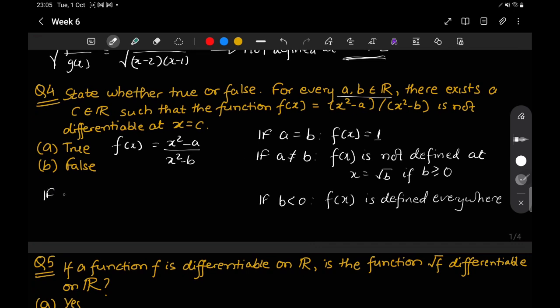Now, if x is equal to root b, which is basically from here we can see this condition, then f(x) is not differentiable